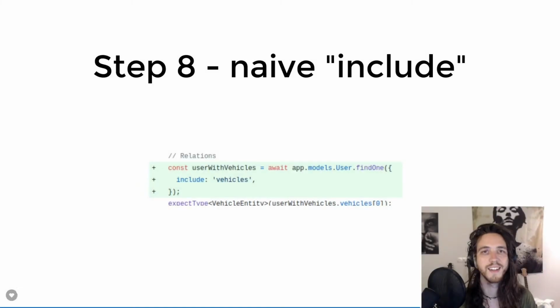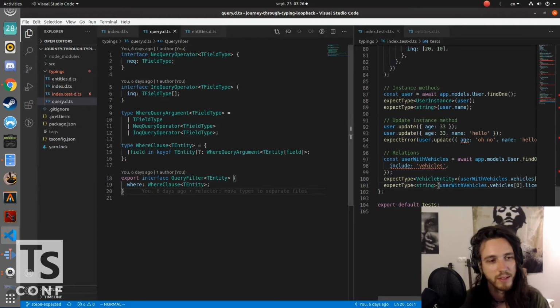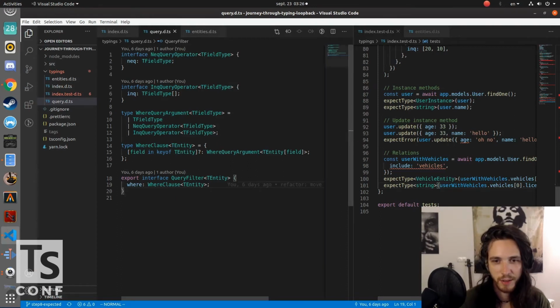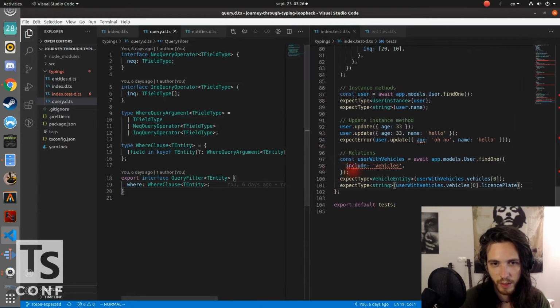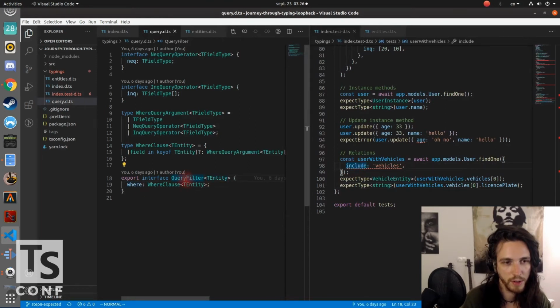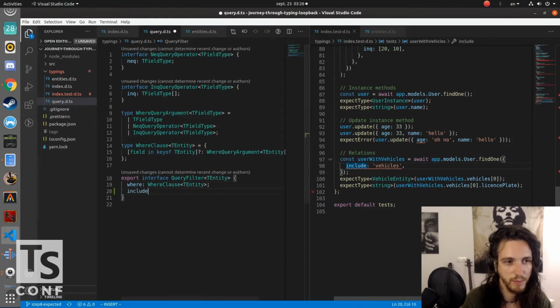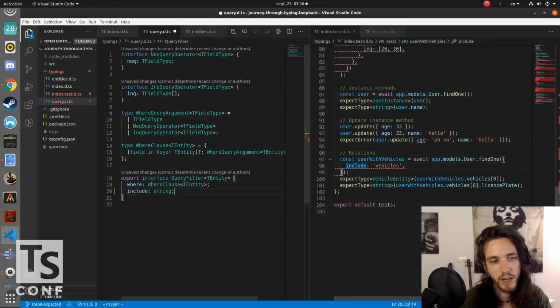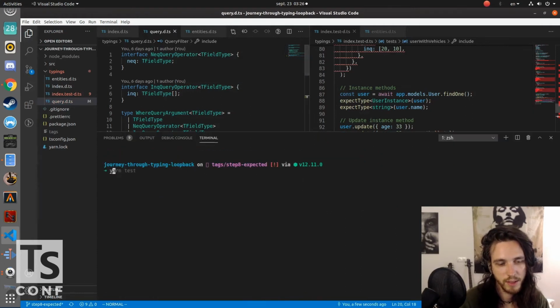All right, and that should have been quite simple. Like the previous step, this is only about adding a simple key to some object. So here we're working on the filter of our find. Oops, sorry. So we just want to add an include key to this query filter. So let's add include, and since it's naive, we can put any string for now. So let's see the tests,